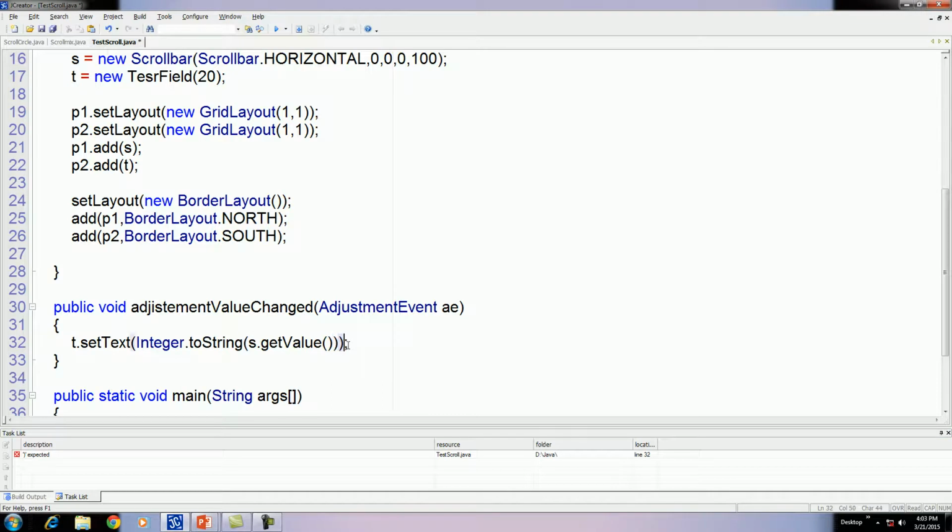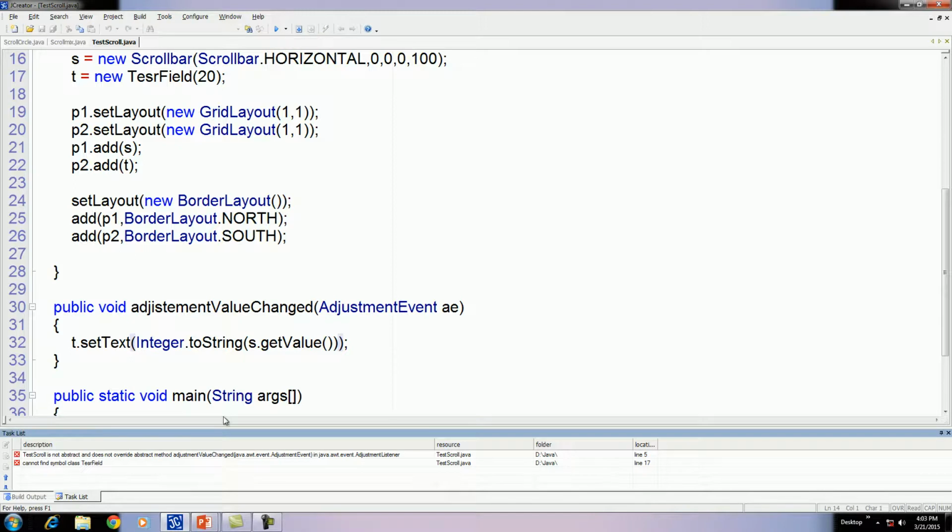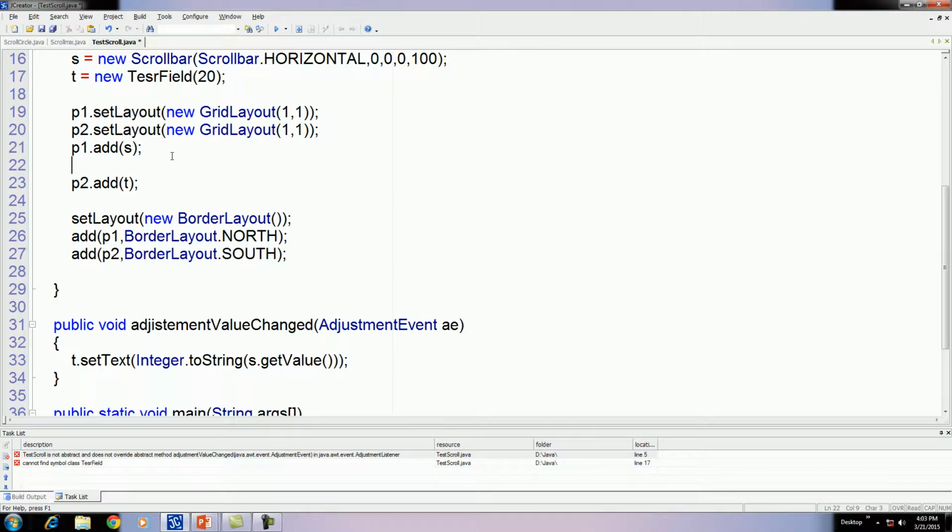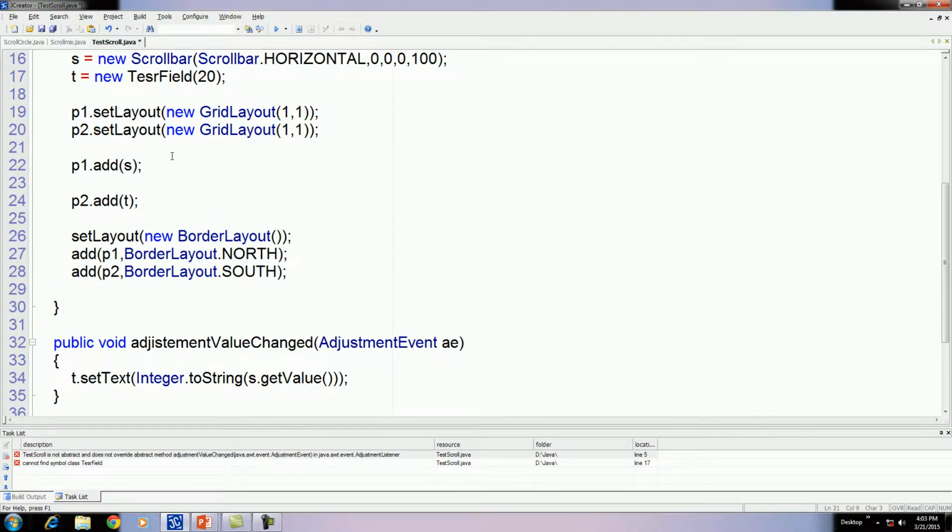One bracket remains. Oh, here we didn't assign a listener to the scroll. s.addAdjustmentListener(this), that is, assign a listener to the control. Here let us check the spelling, adjustmentValueChanged. Okay, all things are fine.